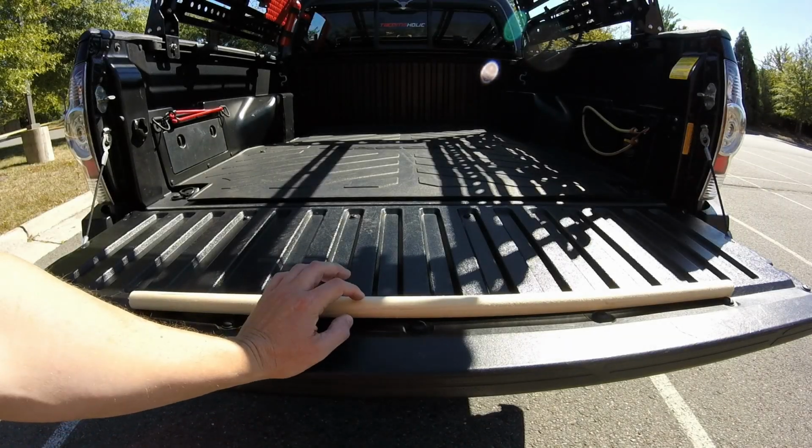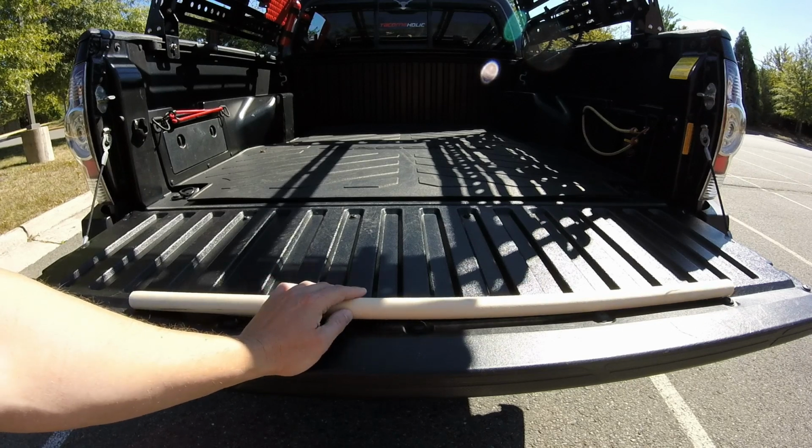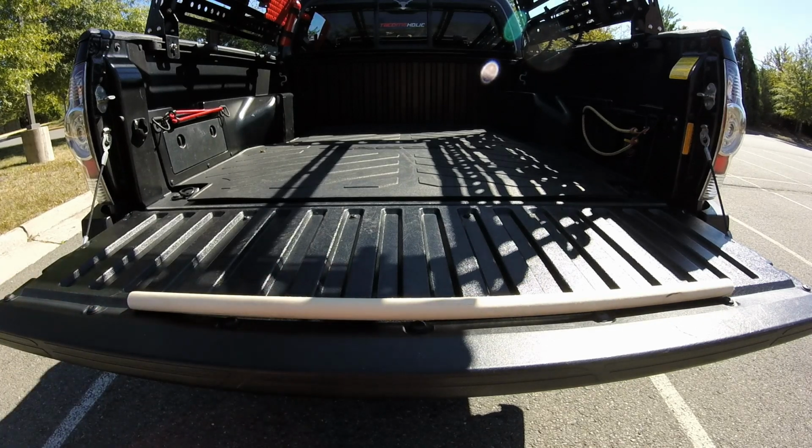Always good to have a friend with you when you go off-road. Keep that in mind. Okay, next up on the list, I recommend you bring some sort of stick. You can see right here, this is just an old broom handle. If you don't have one of these laying around, you can obviously buy something cheap at Home Depot and make